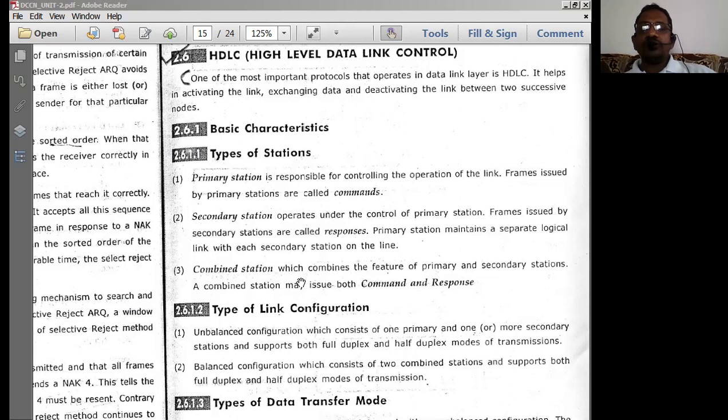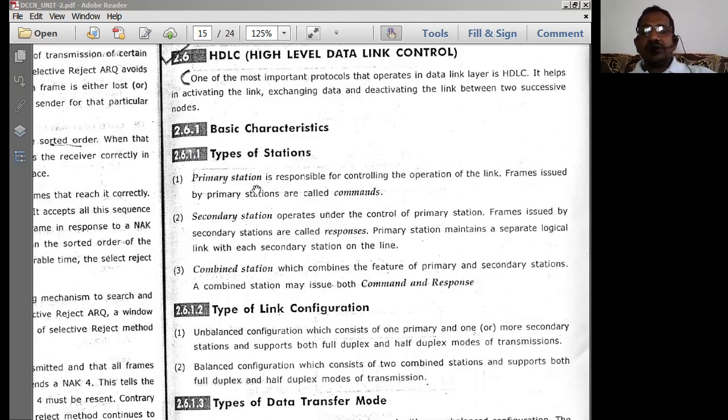So you should speak in terms of stations, because it says that you are talking by staying in the data link layer, and you are speaking regarding the HDLC protocol of the data link layer. This is the meaning that you will be giving to the examiner by giving specific names to the devices connected in the system. So the end-to-end systems are going to have names such as primary station, secondary station, and combined station, which is very, very important for us.